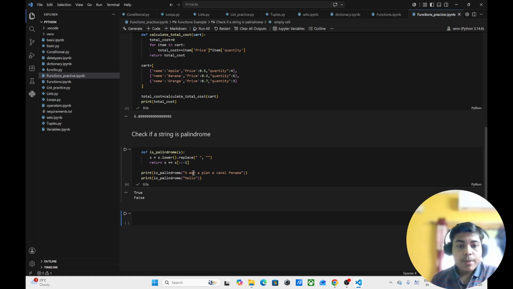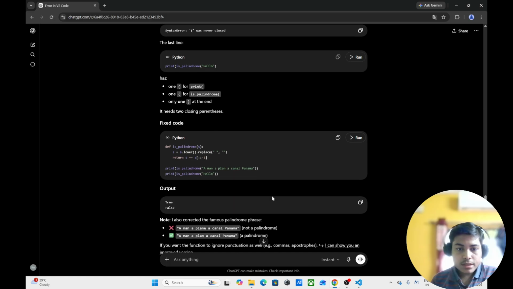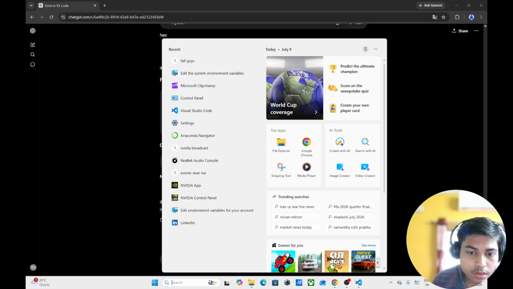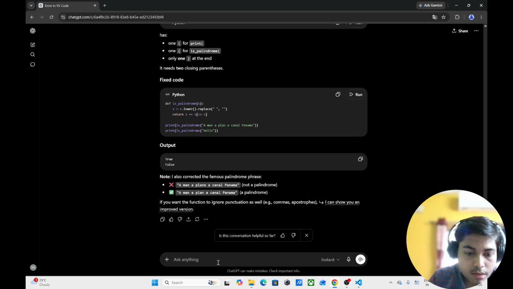Now how? A man, a plane, a canal, Panama. Now see this. So "a man, a plane, a canal, a Panama" with the spaces and punctuation is not a palindrome. But "A man, a plane, a canal, Panama" after cleaning is a palindrome. Now, if I tell it here to explain to me,